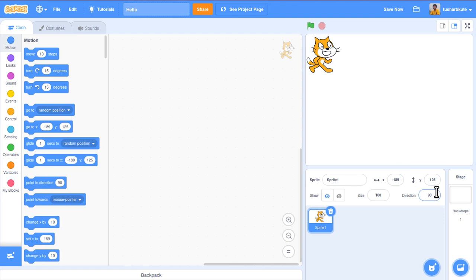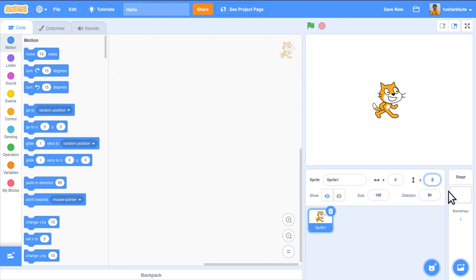Now if I want to manually change the position of this sprite, I can change this value. I'll make it 0, enter. So it's at the 0 position of x, and for the y position also I'll make 0, enter. Now see, your sprite is positioned exactly at the center of the output screen.